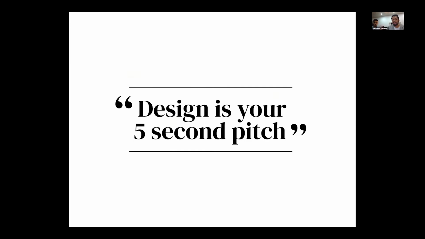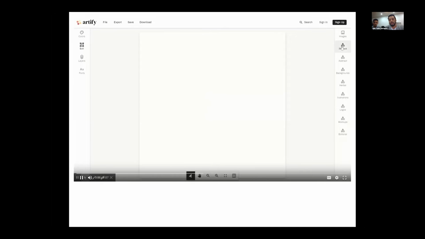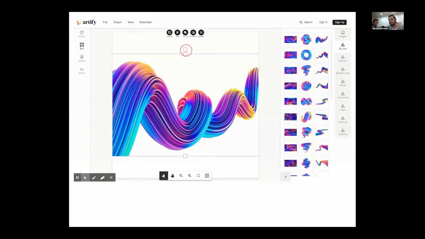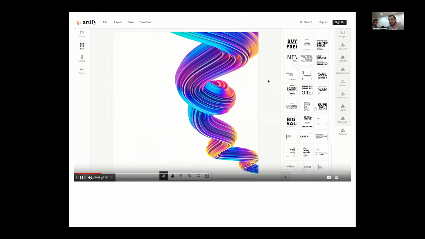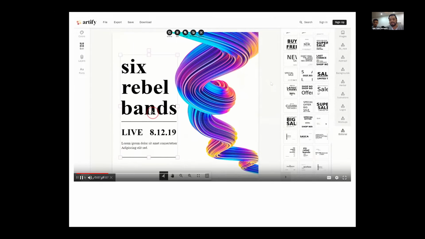For all these reasons, we created Artify. Artify is a web app that works right in the browser. And I would like to show you a video on how easy it is to create some nice designs right in the browser. Okay, you can start from scratch with our huge library of design assets, like these nice 3D effects and elements. And you can also have access to these